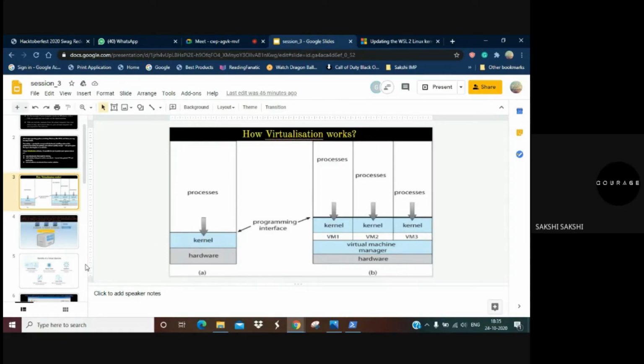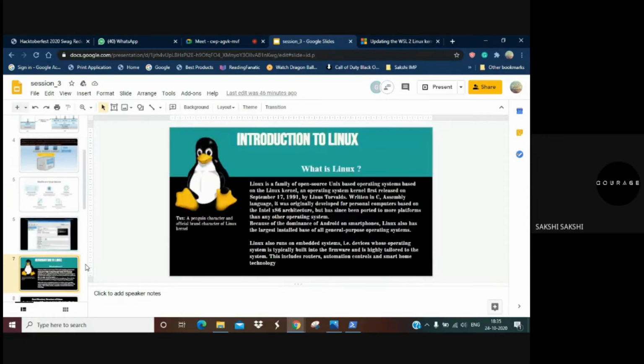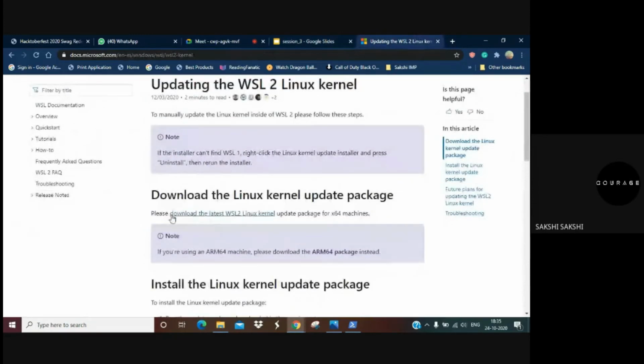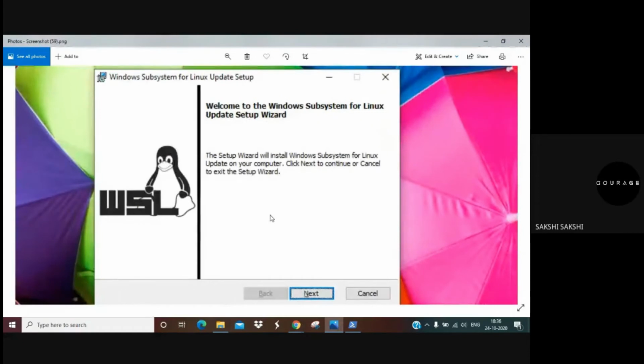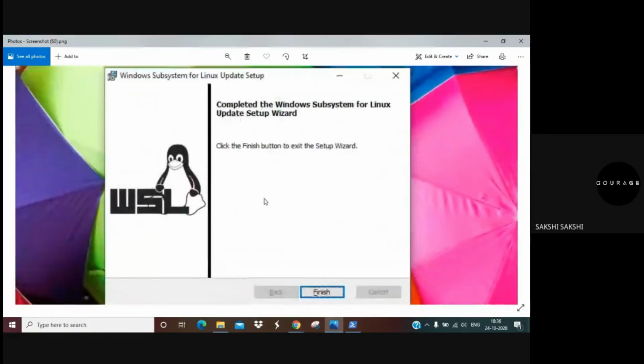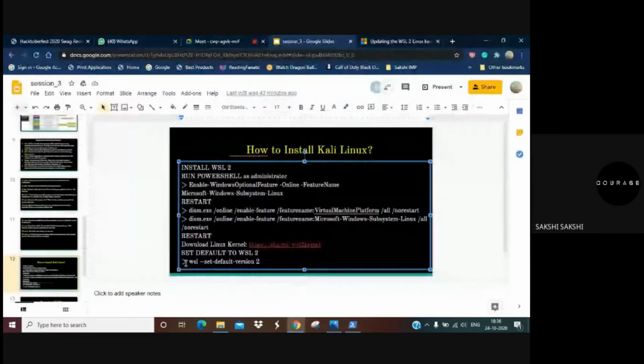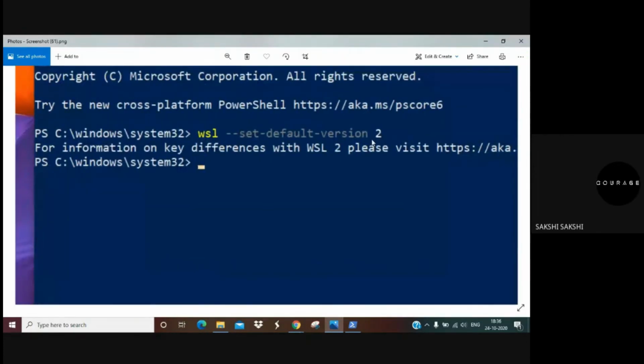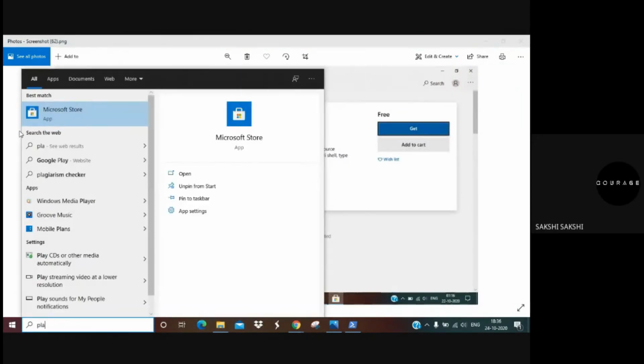So you need the WSL kernel. It will install a virtual kernel. You just need to click on this link and download the latest WSL2 Linux kernel, and it will eventually get downloaded. When you open it, this kind of thing will appear, and you just need to click next, next, next, and after that it will get finished, and you just need to click on finish. So you need to set WSL2, which is version 2, as default,